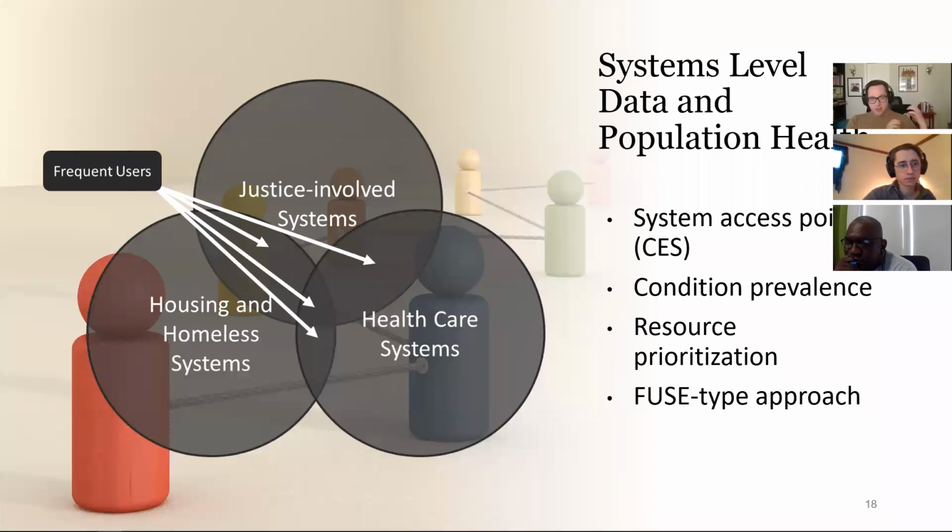And so internal to the health center, then we looked externally. Now taking even a step further back, looking at systems level data and what we might say is population health. And again, I'm really going to emphasize this point around system access, and particularly around CES, is that health centers and healthcare in general as a system sit at the nexus of a variety of other systems, whether or not you know it. And so people that come into your health center may have involvement with the justice system, may have involvement with the homeless and healthcare system, may have involvement with other systems that are in the community.